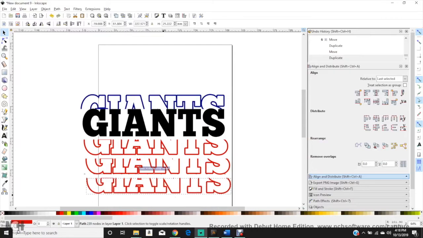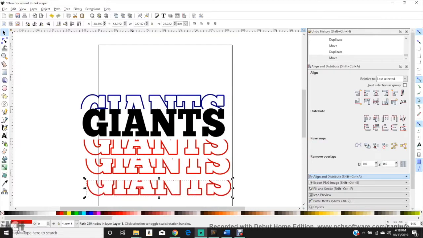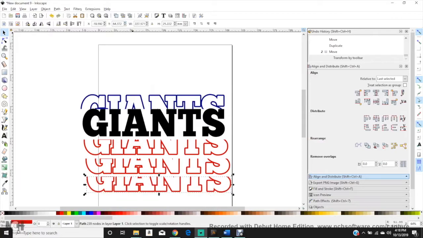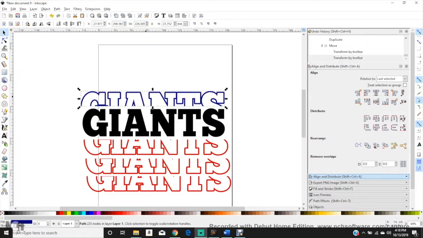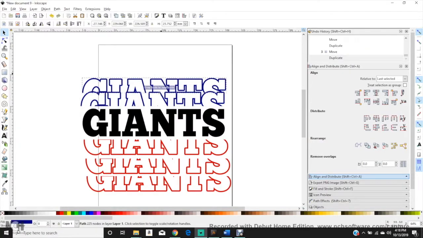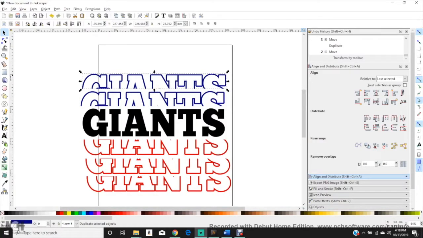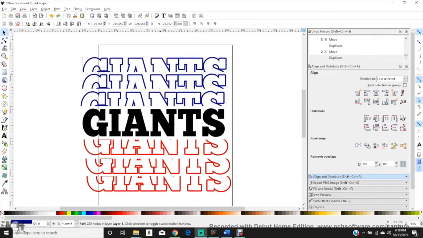Then you have your third one. And then I use my Y axis to bring it up a little bit. Same thing for the top. You want to take your Y, bring it up a little bit. Duplicate. And duplicate. Okay, so once you have it spaced the best you can by your eye, you're going to want to select